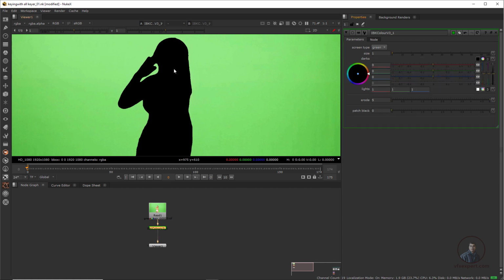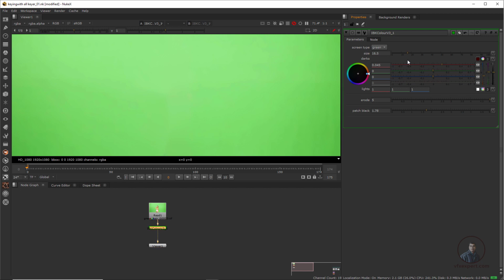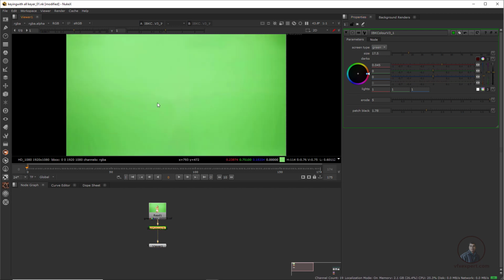If you are still missing some details, you can adjust with the help of the dark and light values, maybe a little bit. After this we have to adjust the black patch size and all these values to create our clean plate, so maybe adjust it, and adjust this size also. Now you can see, this is our clean plate. I have created our clean plate here.